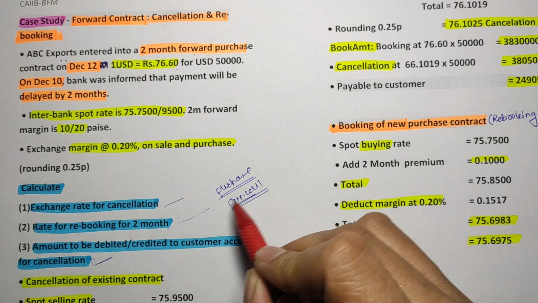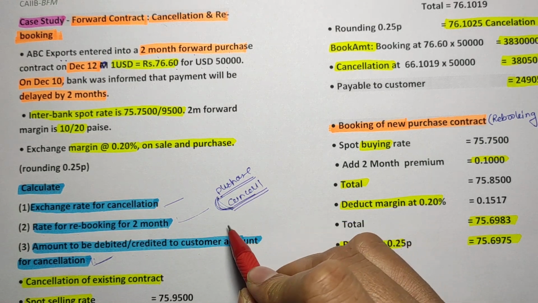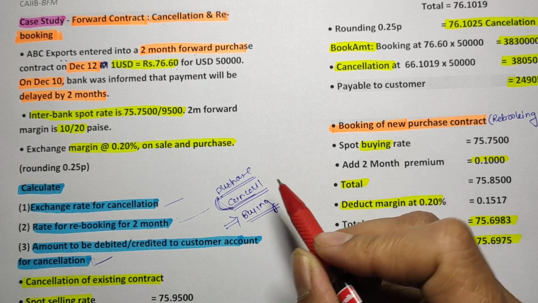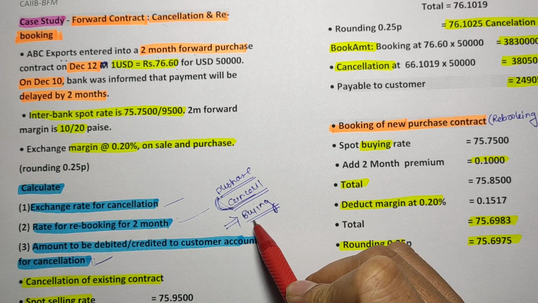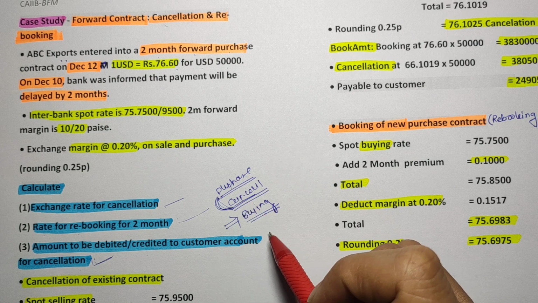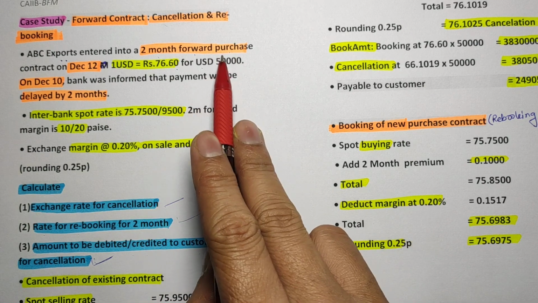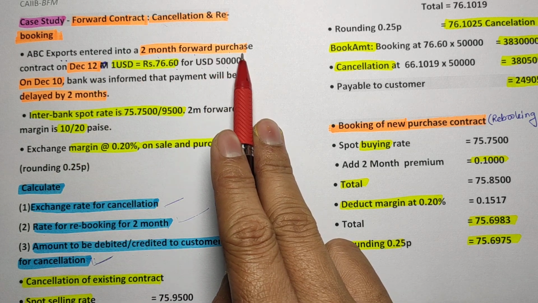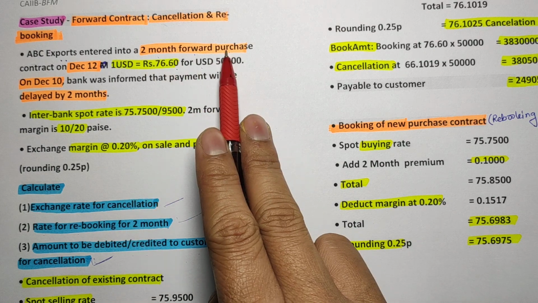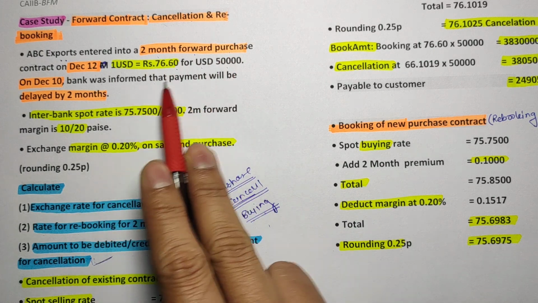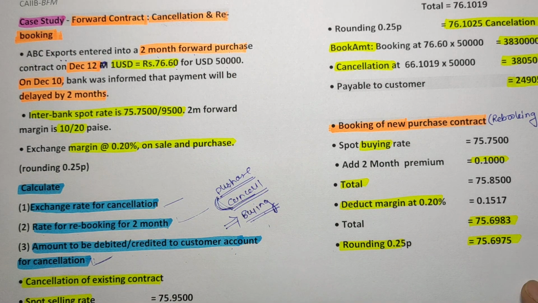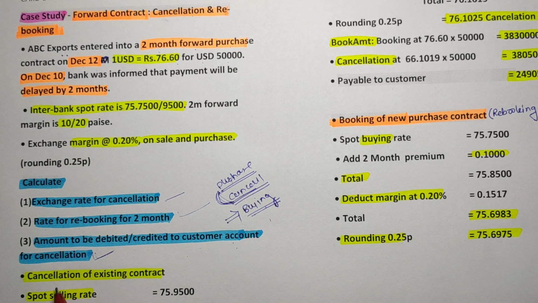When he cancelled that purchase, the cancellation of the purchase, for the bank it is a buying case. Remember, whenever there is cancellation of the purchase it is a selling case, and cancellation of the selling is a purchase case. Very important: cancelling a purchase order is just the opposite of the purchase. We are cancelling the buying, so it is a selling case for the bank.